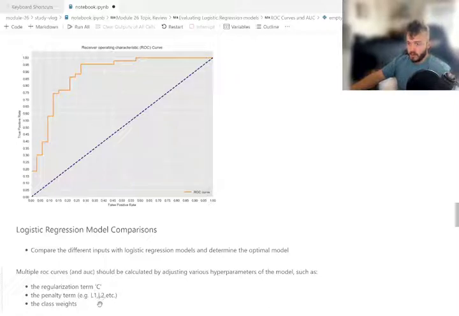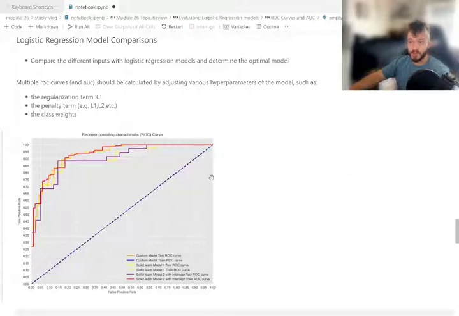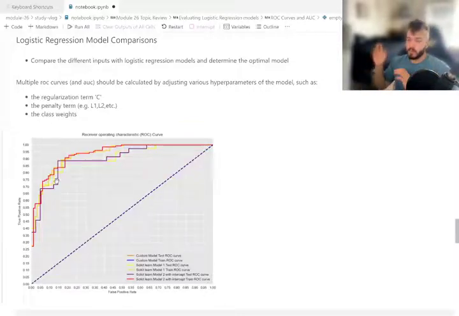So you remember L1 and L2, that's like your lasso and ridge regression and that sort of thing. So you can adjust all those little things about the model to try to optimize against this ROC curve right here, which is what this visualization represents. So you would build a few different models, passing in different parameters. You would have a number of different logistic regression objects that you would instantiate, and then you would pass different parameters into them as you instantiate them, and then you would fit your data to those various models with different